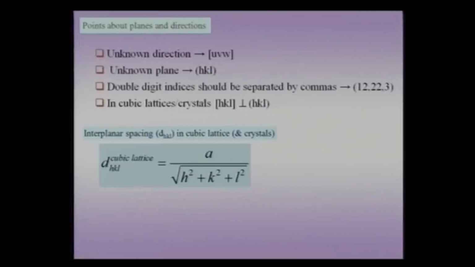Akruti has a question at this point. Sir, HKL plane is perpendicular to HKL direction. Is it true only for cubic lattice or all the other? Very good question. So, we will return to this question because we have a complete slide on this very aspect alone. So, we will return to this, and in the process we will consider another